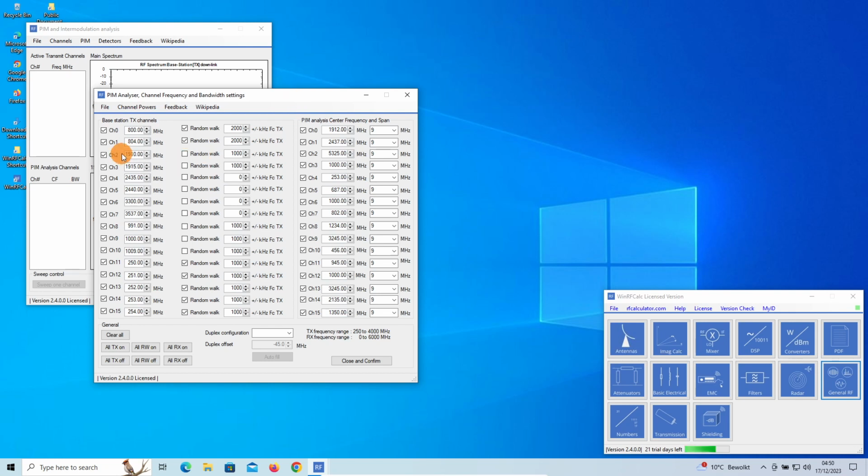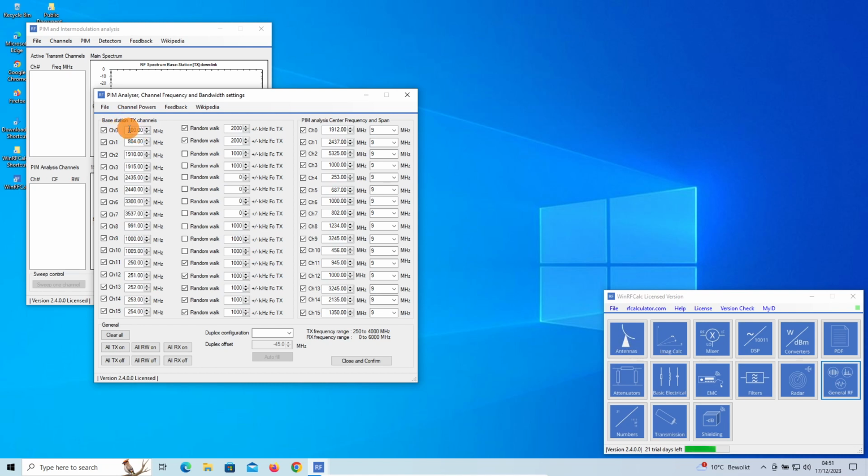Now, at its maximum, there is an availability of a total of 16 channels on the TX side, which is the transmitter side, and in total 16 channels are available as well on the receive or PIM analysis side. What kind of settings are possible? So you can set, for example, for channel 0, you can switch the channel on or off. You do that with the checkbox here. At the moment, of course, it's switched on.